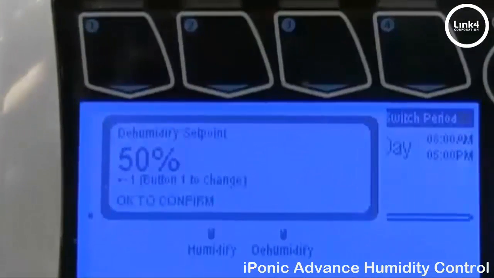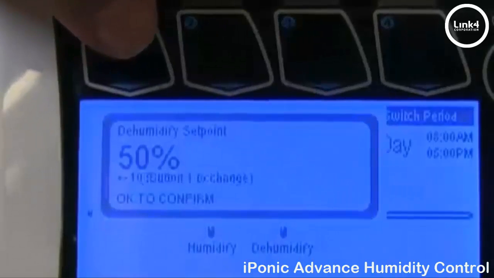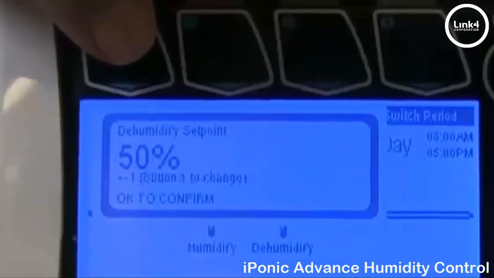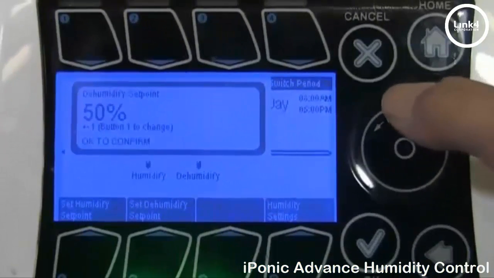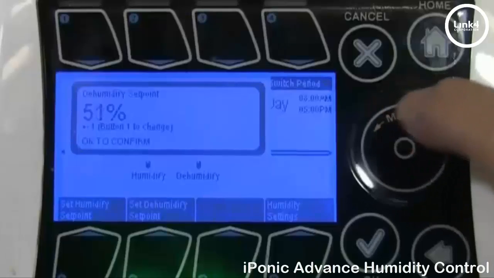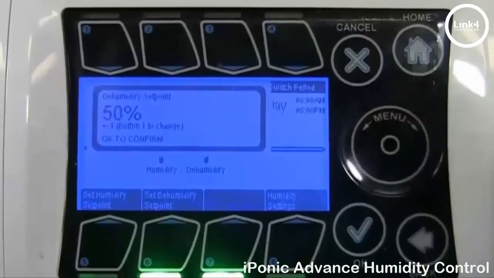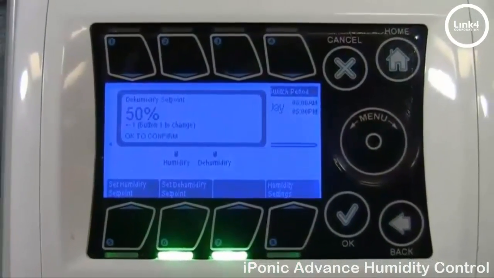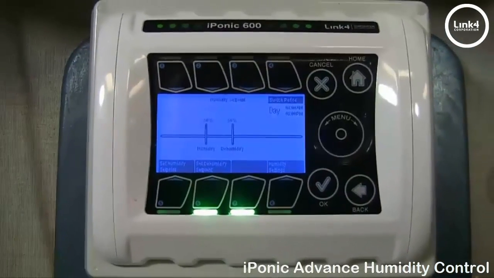To increase and decrease percentage increments from 1s to 10s, just simply hit button number 1 and use the menu wheel clockwise to increase and counterclockwise to decrease your percentage values. When done, hit OK. And finally, button number 8,